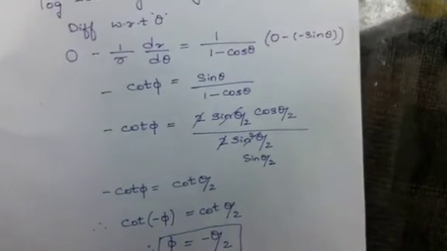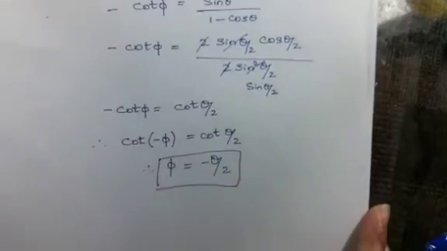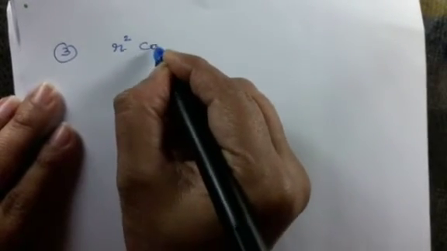I think you people are following what I am explaining. I think it is useful. Now next move on to one more problem. Next is find the angle between the radius vector and tangent to the curve r square cos 2